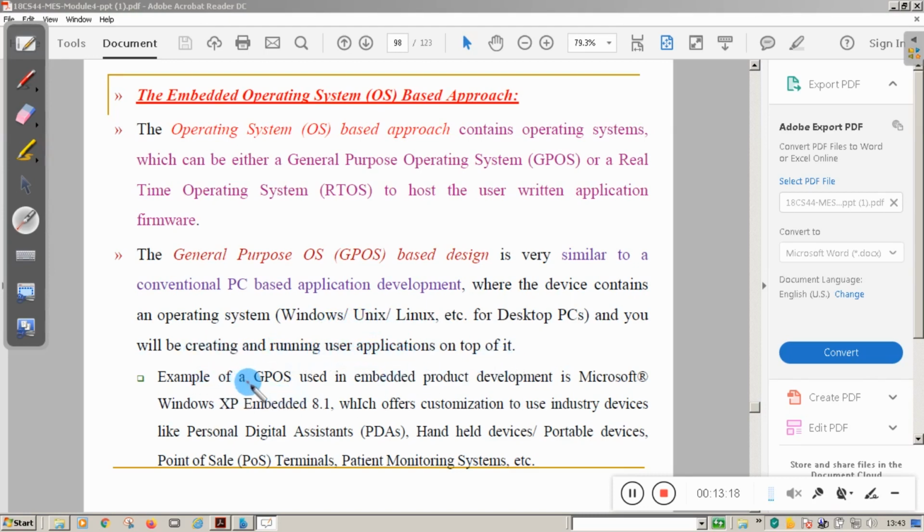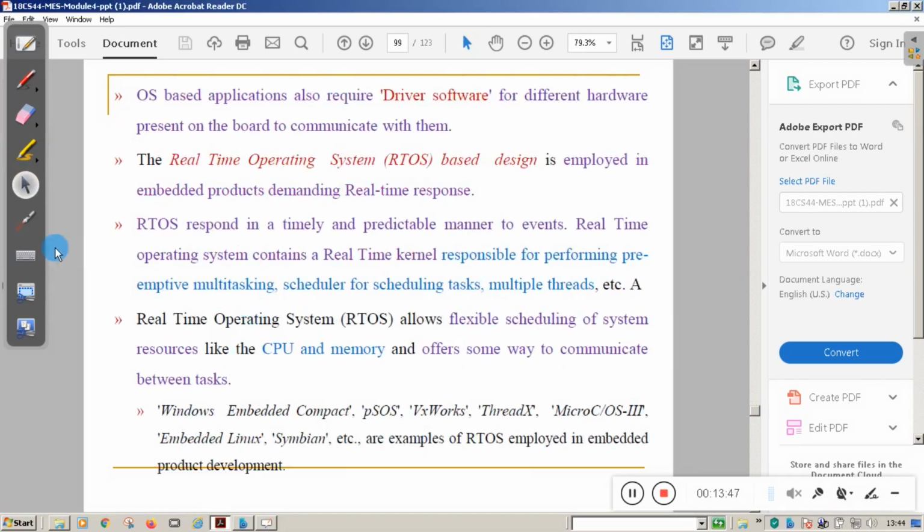Example, a GPOS used in embedded product development is Microsoft Windows XP Embedded 8.1, which offers various customization according to the industries and requirements.